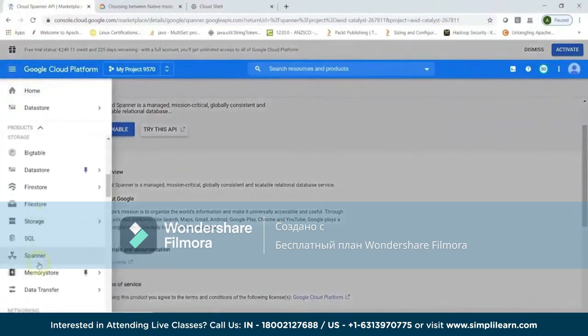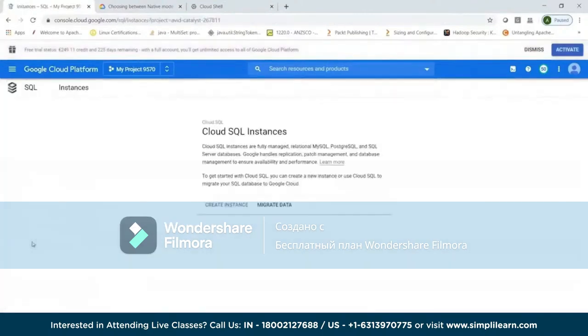So you have object storage, you have Spanner, you also have your SQL based service, which is yet another managed service offered by Google Cloud. That's called Cloud SQL. This is basically a service which allows you to have fully managed relational MySQL, Postgres, and SQL Server databases. Google handles replication, patch management, database management, and other things related to this fully managed database service. It can allow you to handle terabytes of storage capacity with 40,000 IOPS with a huge amount of RAM per